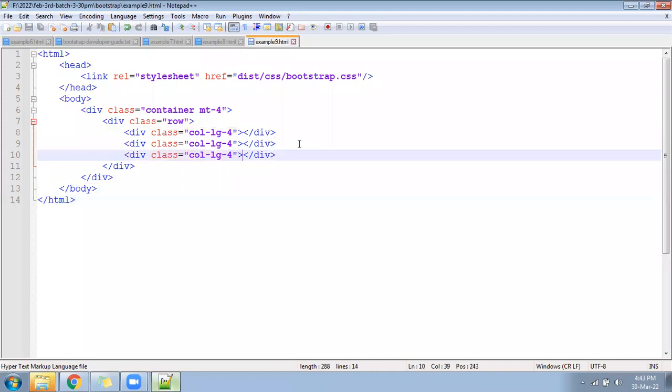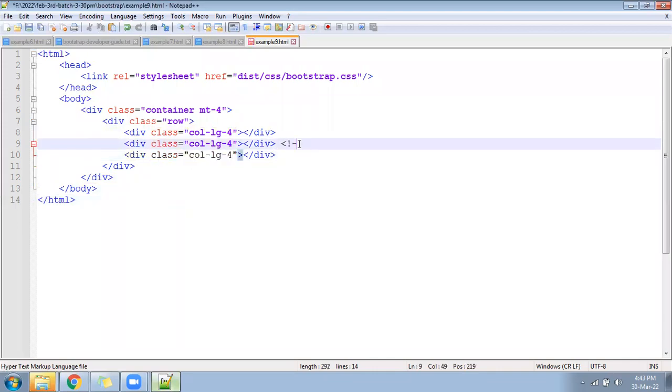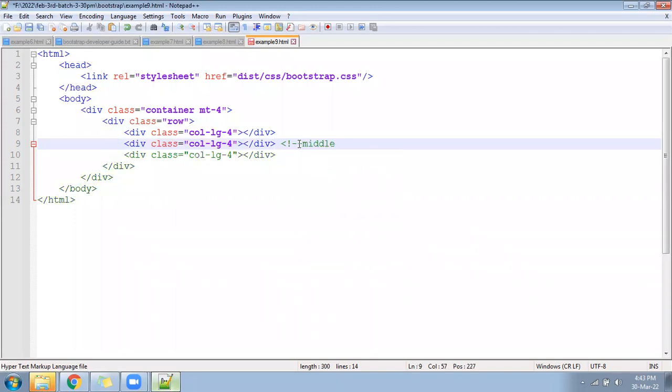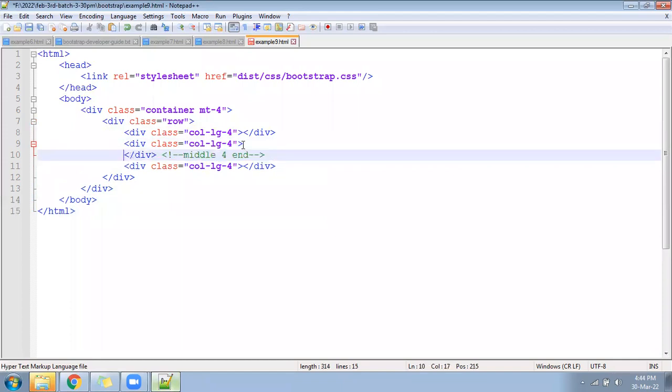Write here a comment: first 4 or middle 4, and middle 4, and next after that.